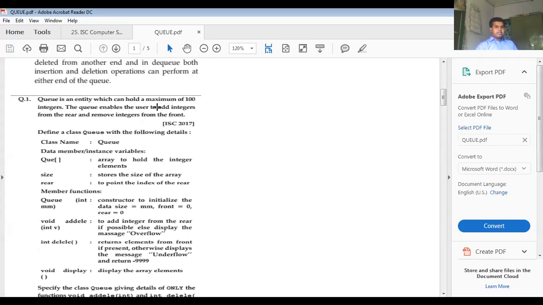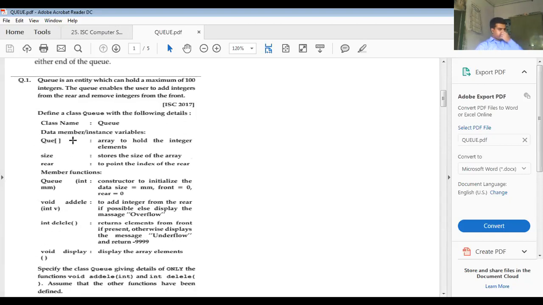The queue is the entity which can hold a maximum of 100 integers. That means you have an array of maximum size 100, where you can store 100 integer values. What are the elements which are given? Firstly, you have the class name called queue.